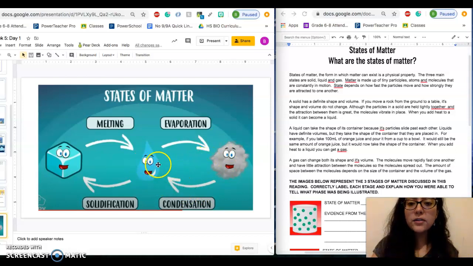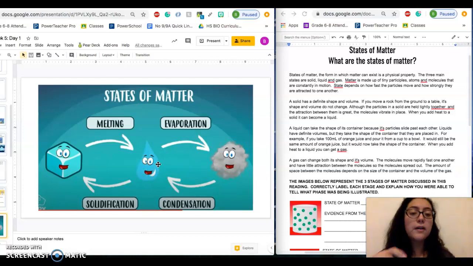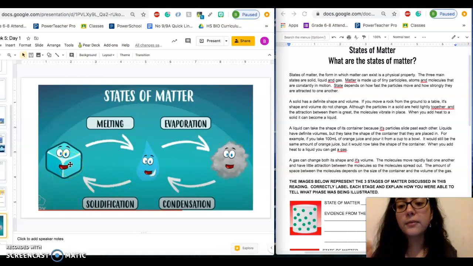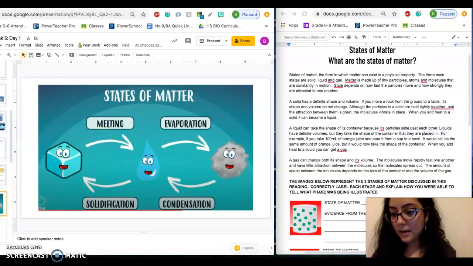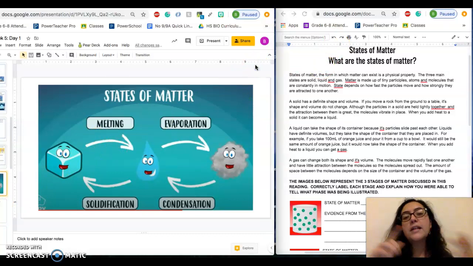So it's going from a gas to a liquid. And if I keep cooling that liquid down, so if I were to put water into the freezer, hours later, what do we get? We get ice. We get the solid form of that liquid. All right. So now that we've reviewed solid, liquid, gas, and how to get them,